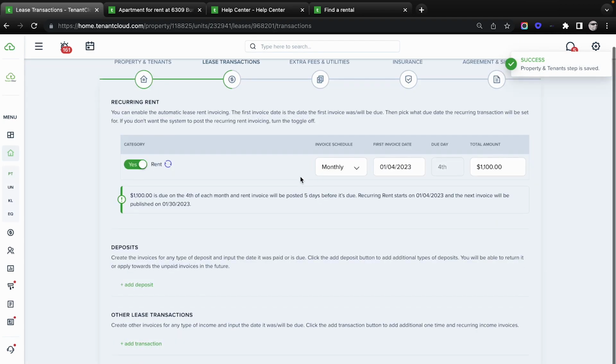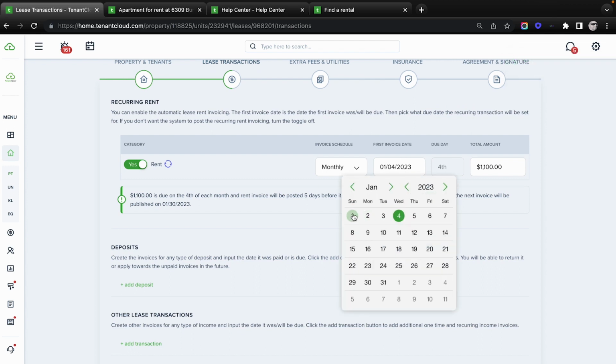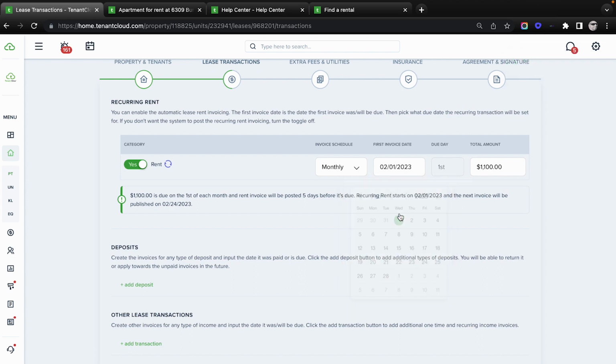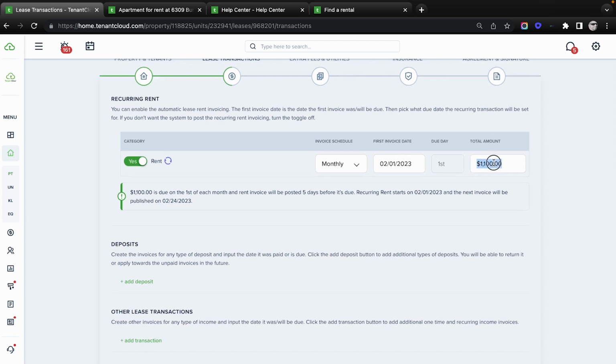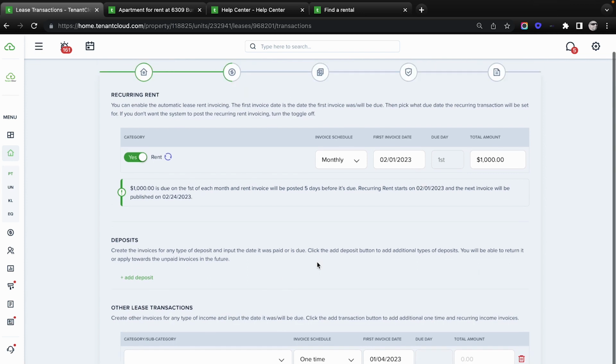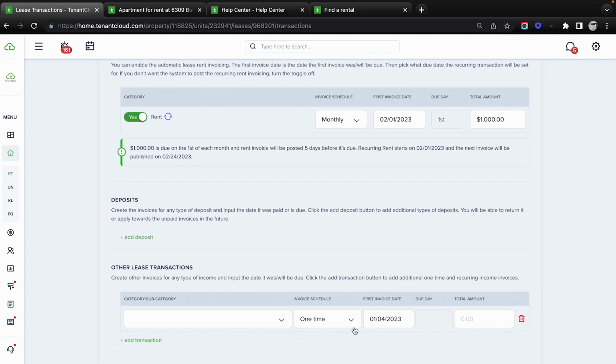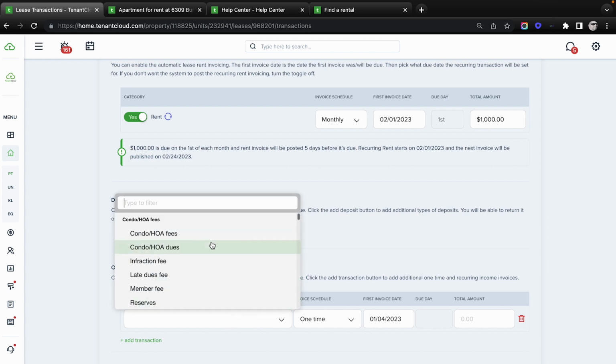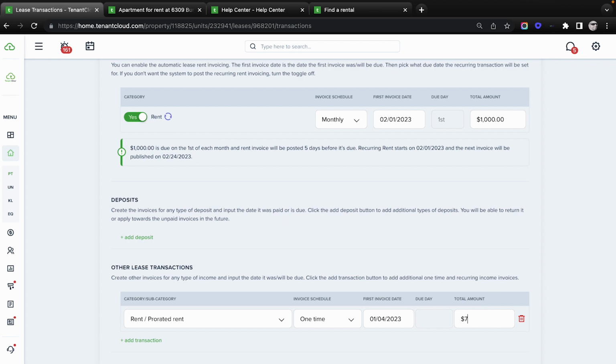Here, we get to select the rent and the first invoice date. So we're going to say that the first invoice date is actually going to be February 1st, and it's going to be in the amount of $1,000. And because they're actually going to be moving in on, I believe it said the 4th, we're going to say that on the 4th, there's a one-time prorate of, let's just say, no, that wouldn't be right. It'd be more like somewhere 750, 800, something like that. So we would put in the prorate and we would go ahead and click next,